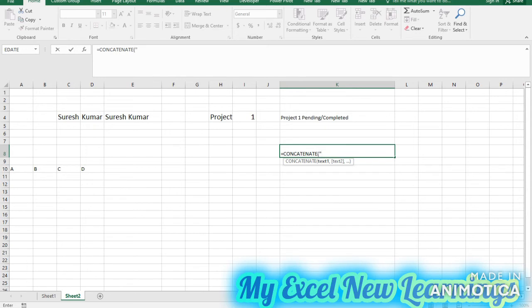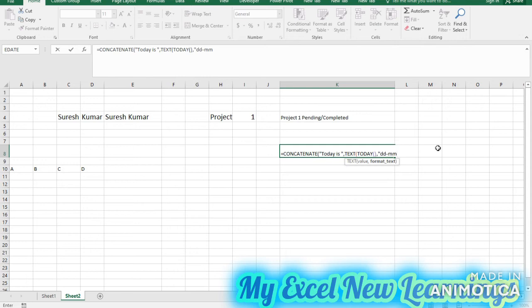like "today is", then you can give a space inside inverted commas, so that when the date comes there will be a space after "today is". Then next is the TEXT function, type text, then tab, the bracket opens. Now the TODAY function, open bracket and close, and comma, then inverted commas open. Now we have to write the format for today's date. For today's date we have to type dd, then hyphen, then mm for month, then hyphen.